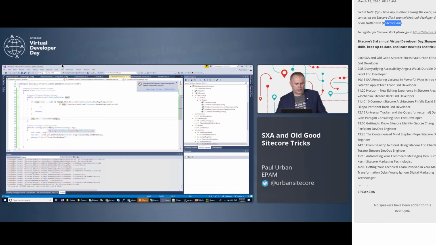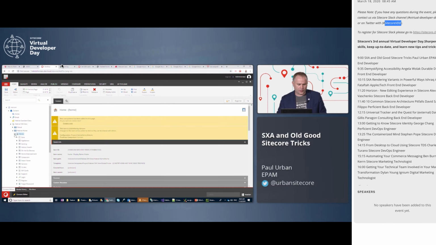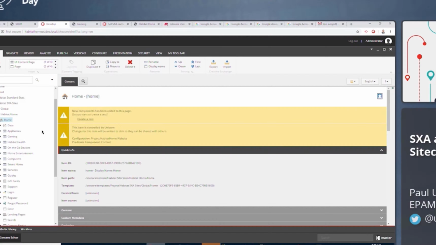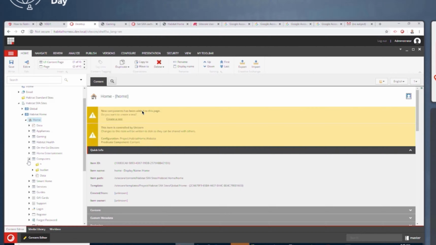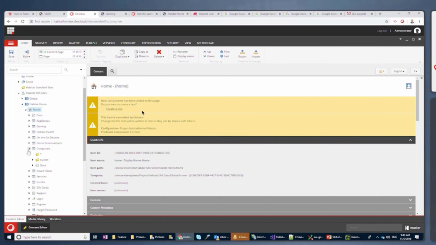I have the get item URL method in which I'm looking for an ancestor that is not my page anymore. It's not a bucket. You can see in here the website that probably everybody knows, which is the Sitecore Habitat Home. So under the computers, in my case, imagine we have more than 100 computers. So I created a bucket where I put the pages when I created them. So for example, in here you're gonna see this